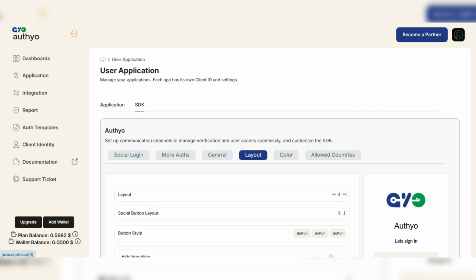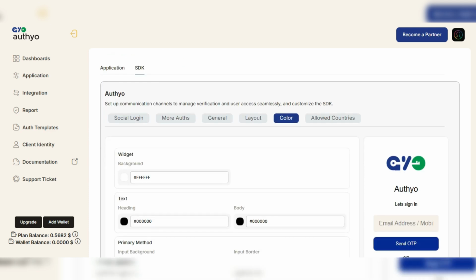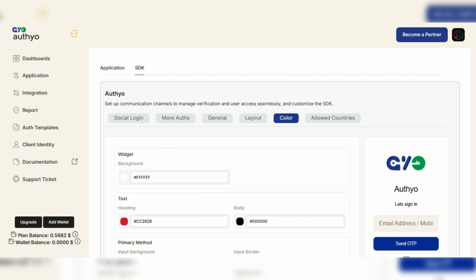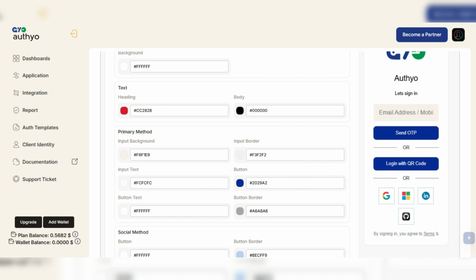Next, navigate to the Color tab. This section lets you customize the entire visual theme of your login widget to match your brand. Start by setting the widget background color, which defines the base of your login screen. Then, adjust the heading and body text colors to ensure clarity and visual consistency.